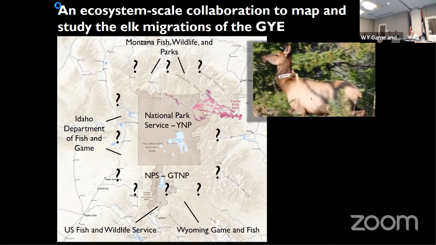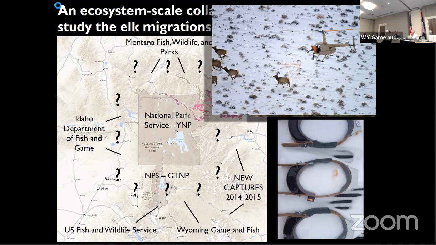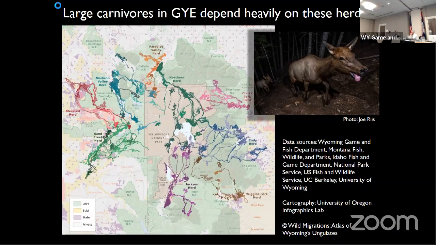We did new collaring, and continue to do a little bit of this in different areas of the Greater Yellowstone. We were able to, for the first time with GPS collaring, map out the year-round movements of many elk herds that are wintering out on the front country, and summering up in core areas of the system. And I should say, in many cases, using data that the Game and Fish Department of Montana or Idaho collected at significant expense and effort, but just hadn't been stitched together. And so we didn't do all this, but we're trying to help stitch it together into that bigger picture.